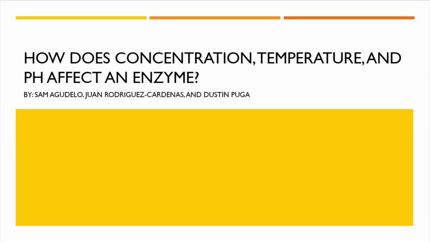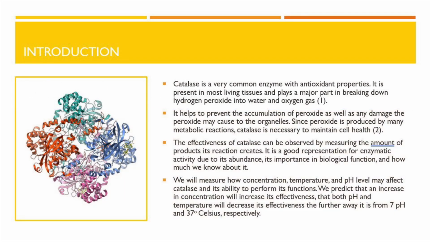How does concentration, temperature, and pH affect an enzyme? Catalase is a very common enzyme that acts as an antioxidant. It's present in most living tissues and plays a major role in breaking down hydrogen peroxide into water and oxygen